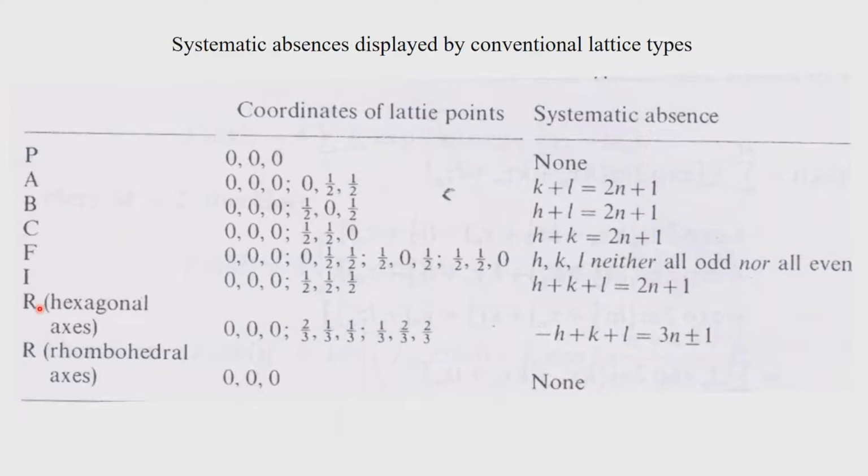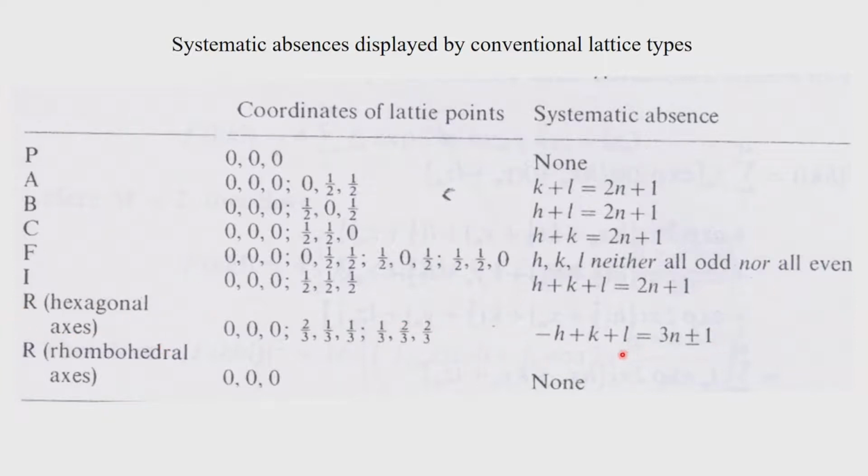So, effectively it is a distorted or pushed around cube, it is not a distorted cube, it is a turned around cube about a given axis. So, we will have therefore 3 values coming up for equivalent points of the coordinates, and therefore, we have 3 lattice points, and therefore, the systematic absence will come up as minus h plus k plus l equals 3n plus minus 1. So, this is a very special case, we are not going to discuss it in detail here,